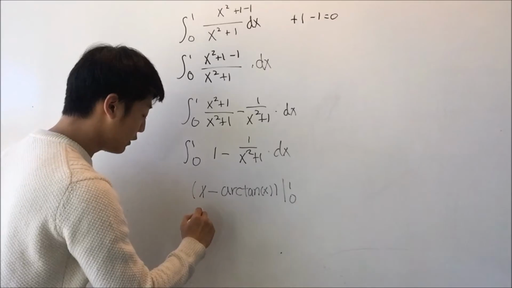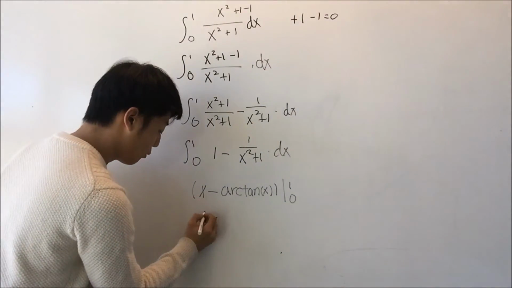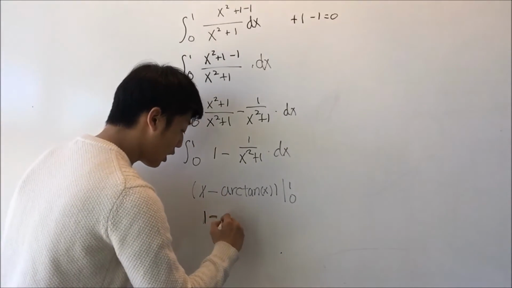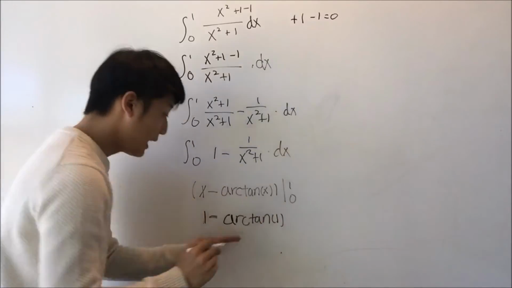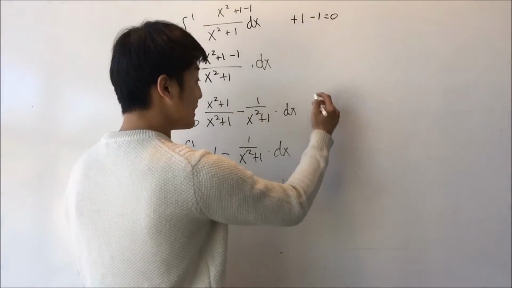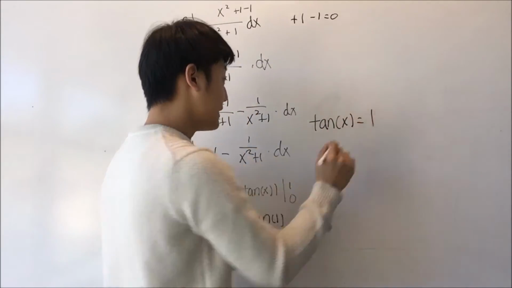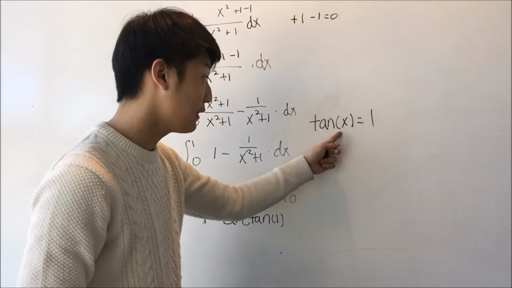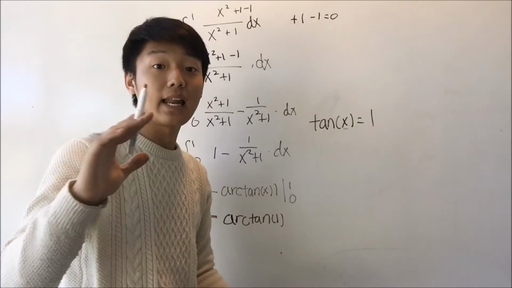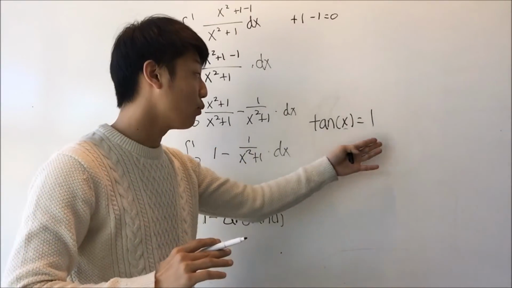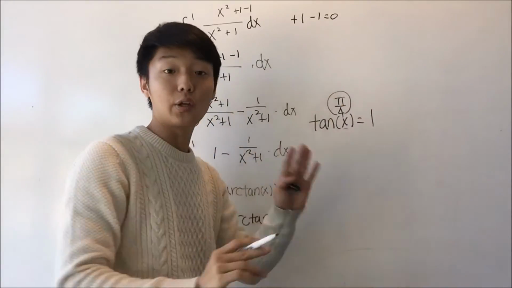So when we plug in 1, it will be 1 minus arctangent 1. And for arctangent 1, you can think like this. What does this equal 1? And you can think, what value of x can I divide by sine and cosine, sine over cosine, to make 1, which will become pi over 4. Because pi over 4, when you think unit circle,